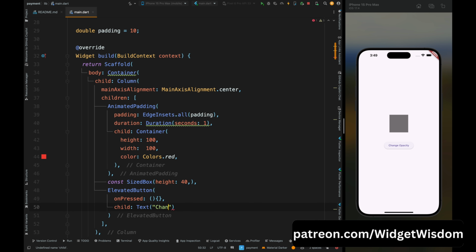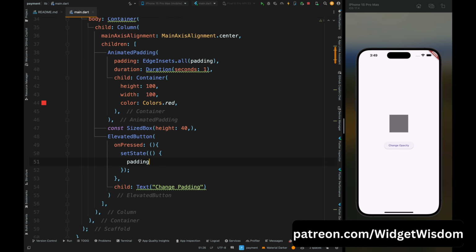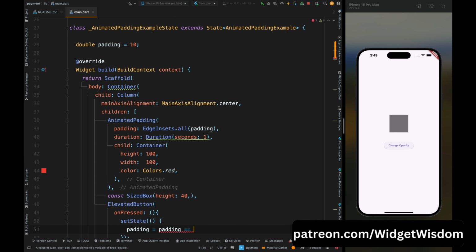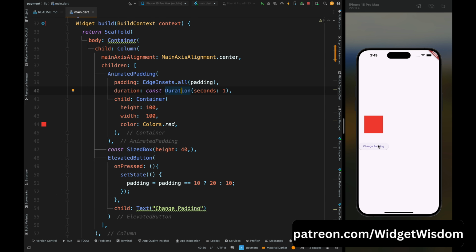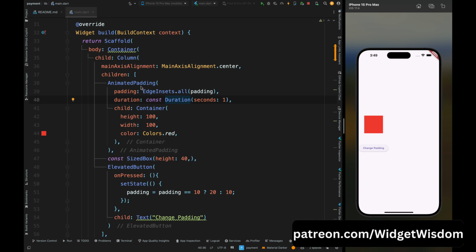then for the child add the text widget with the text, change padding, then come inside the onPressed property and here set the setState method to change the padding value. Then inside the setState method, set the padding value to 20 if the padding value is 10 and set it to 10 if the padding value is 20. So now save the code and the app is installed on the device, so press on this button and you can see the container is changing its padding with animation, but I guess you can't see the animation because the